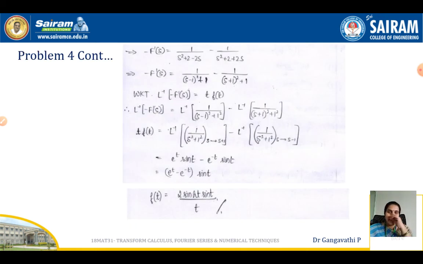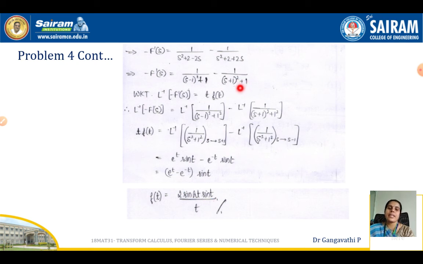And now look at minus f dash of s is equal to, when we split the numerator, you get this term and this term. Continuing further, s square plus 2 minus 2s can be written as (s minus 1) the whole square plus 1. So this 2 can be written as plus 1 and plus 1. s square minus 2s plus 1, minus 1 is (s minus 1) whole square, and here also the same thing. s square plus 2s plus 1 gives you (s plus 1) whole square. The remaining one is there as it is.